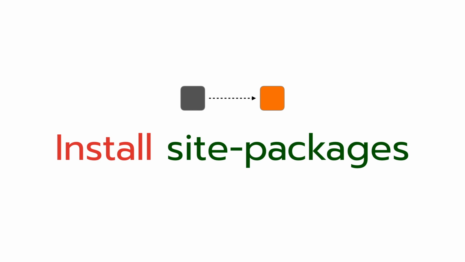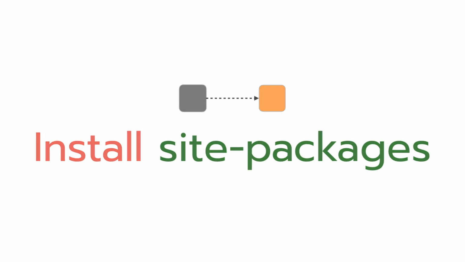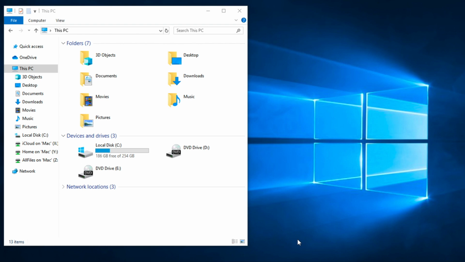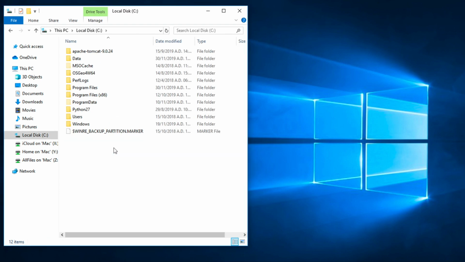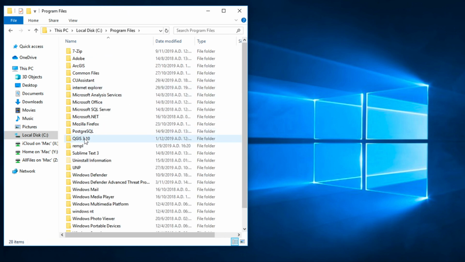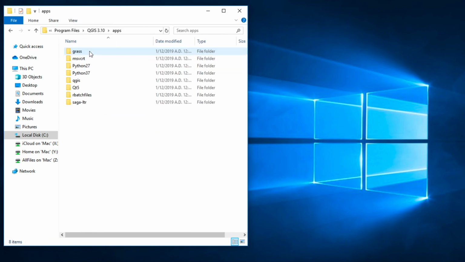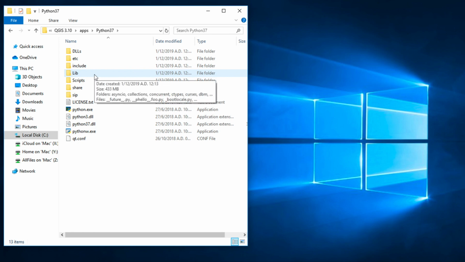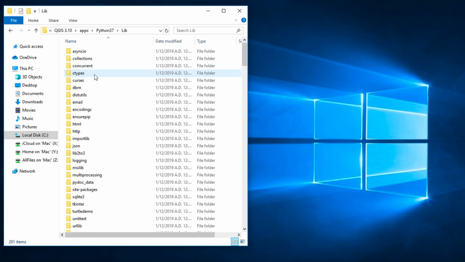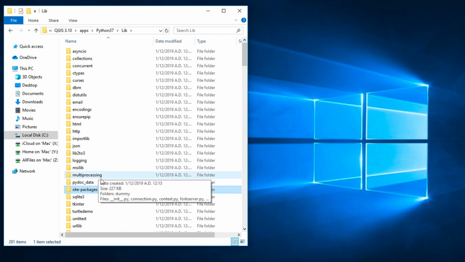by step. Firstly, you need to install site packages. Go to Python 3 in QGIS folder. In my case, it's located in C drive, Program Files, QGIS 3.10, Apps, Python 3.7, lib, site packages,